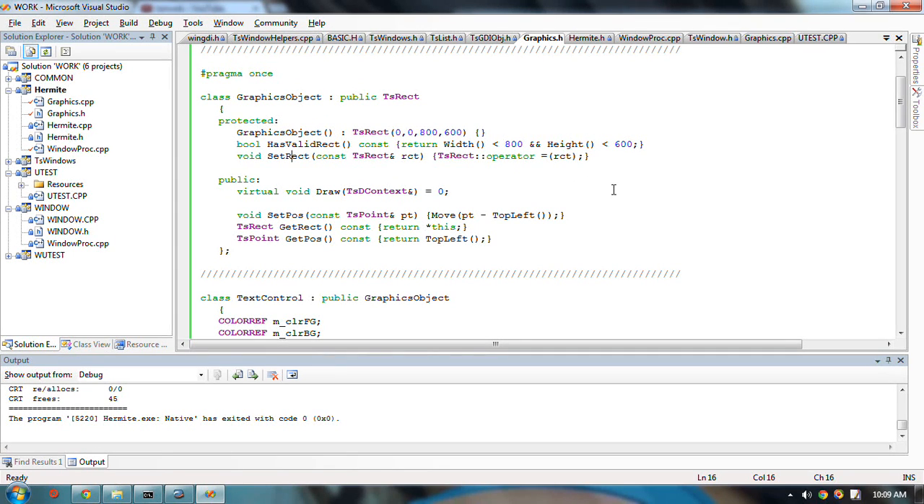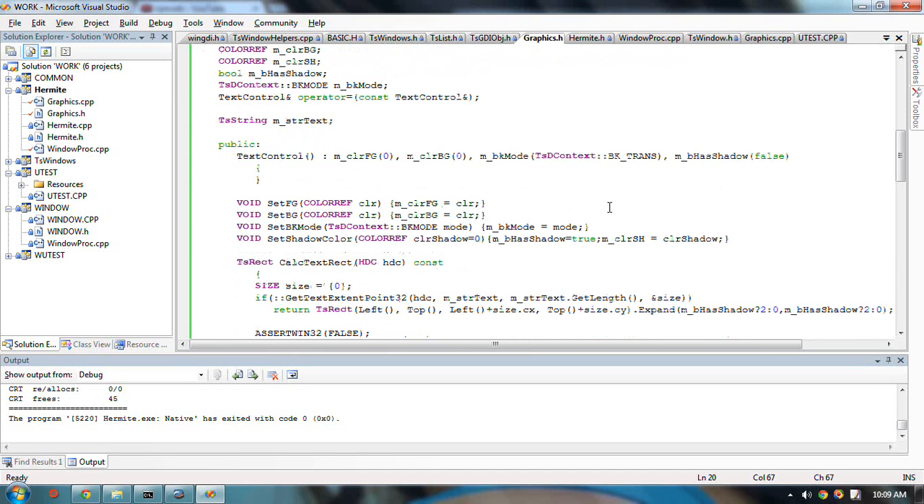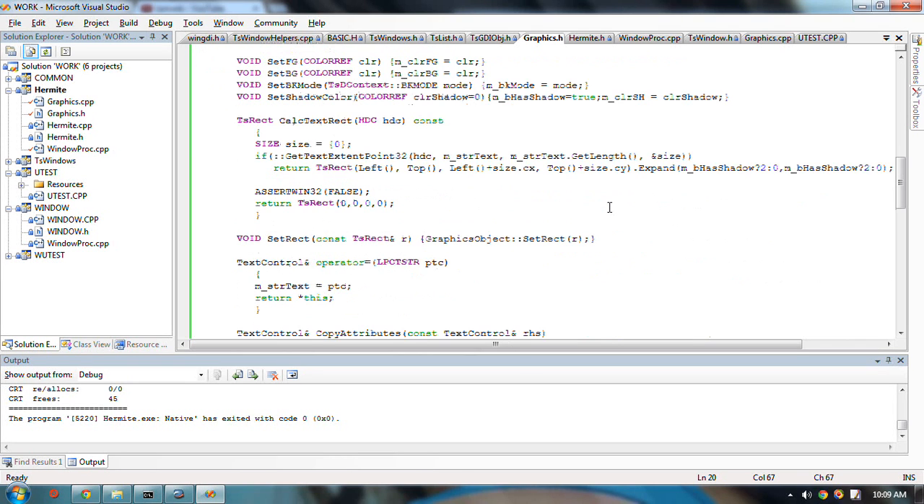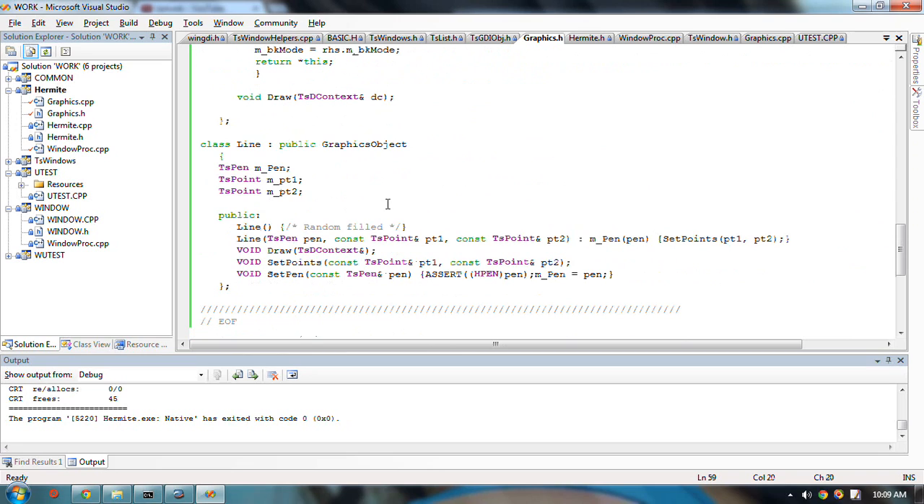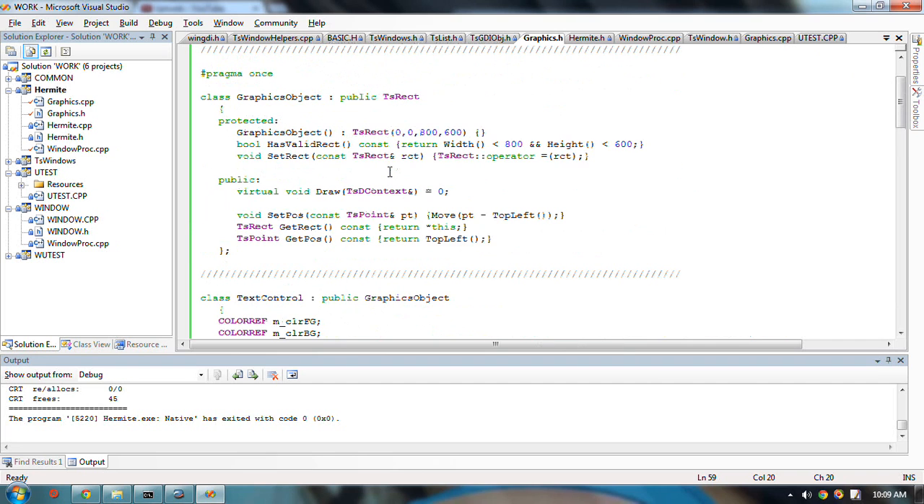It's funny. I suppose this has a set rect. I've been implementing set rect. Sometimes you don't need it. Okay, well, in any case,